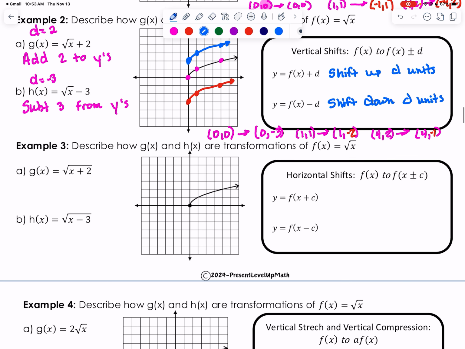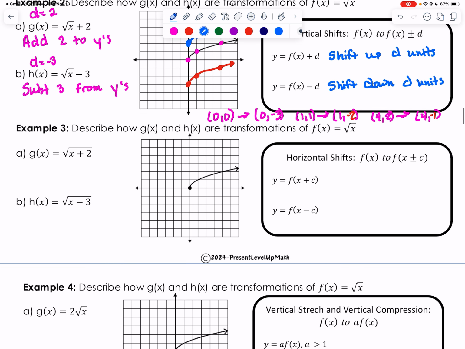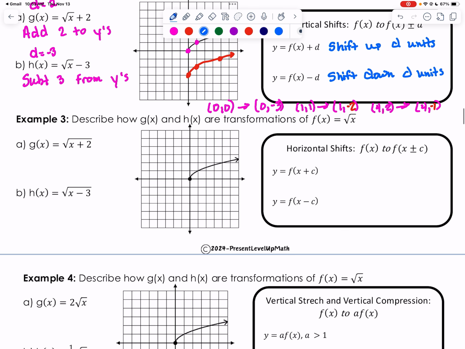All right, example 3. Describe how g of x and h of x are transformations of f of x equals the square root of x. In problem A, we have g of x is equal to the square root of x plus 2. Now, what I want you to notice is that this plus 2 is underneath the square root. And hopefully you remember that things with the x behave the opposite of how you think they are. So c in this problem will be equal to negative 2, which means we're going to subtract 2 from